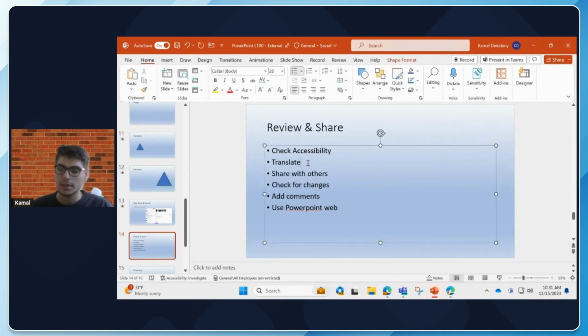So that's accessibility and translate. Now, how do you share with others? There's the share button on the top right. If you don't want to attach it as an email, you want someone else to join your presentation and actually